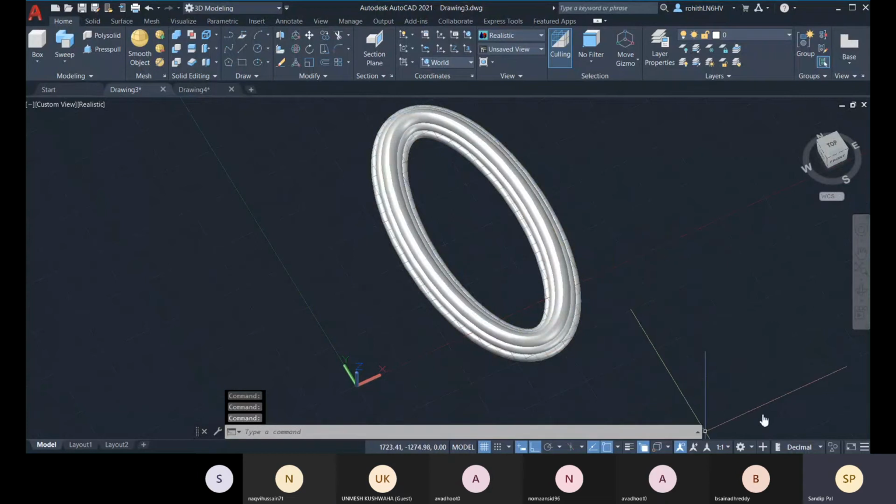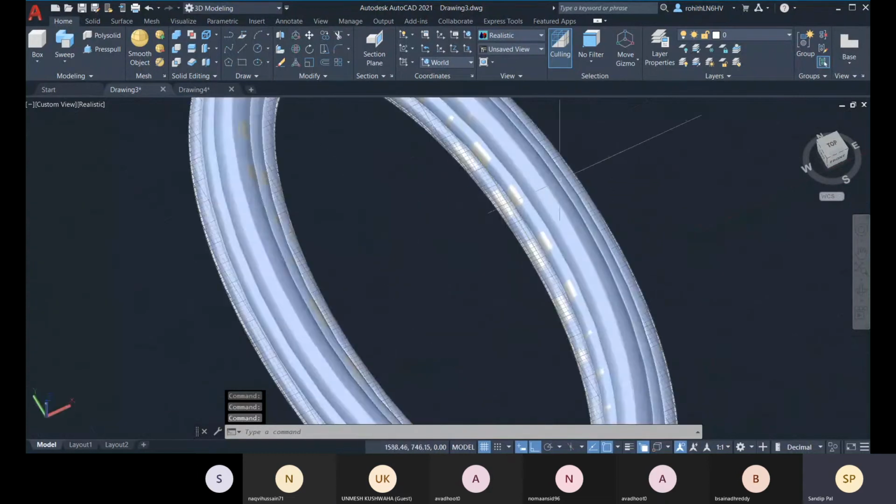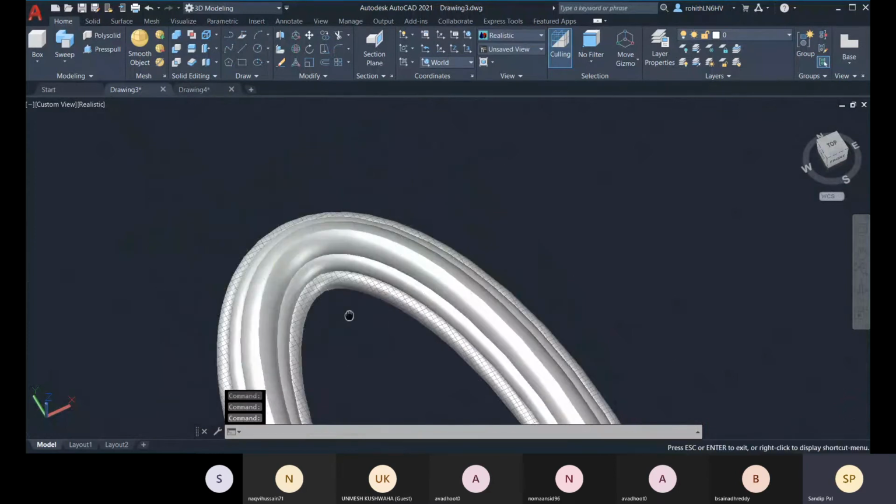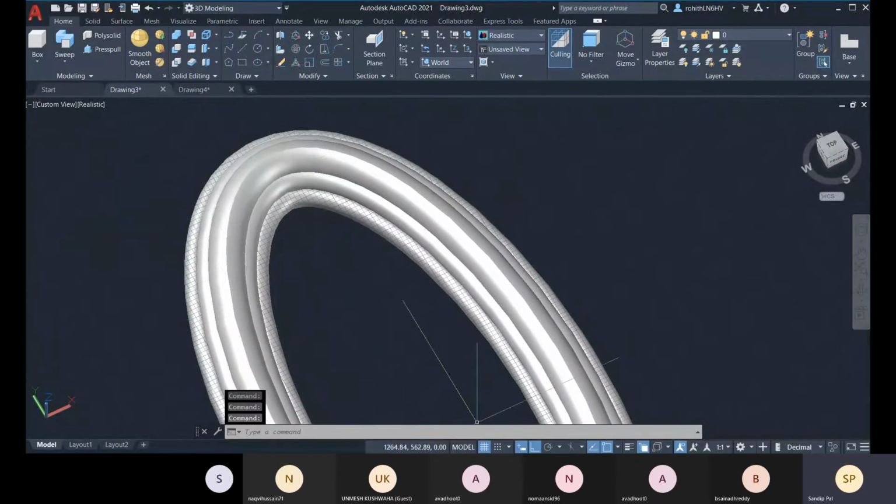That ellipse you can see, that part will be like this 3D model. You need to create it like this. Make sure you are creating the 3D model properly. This elliptical part and all these sections you need to create properly in the 3D model in AutoCAD, and then assign materials properly.